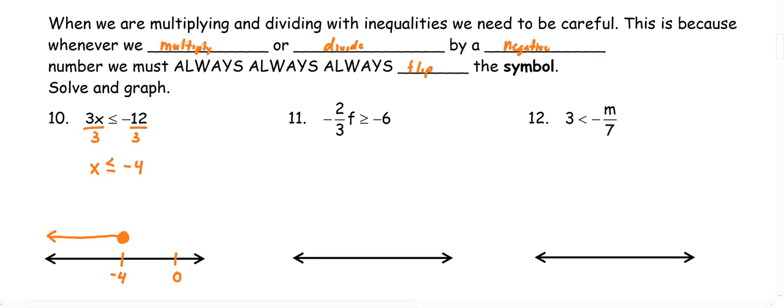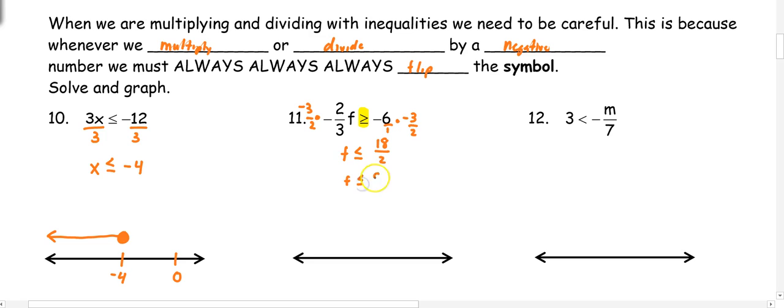Number 11, we have negative 2 over 3 f is greater than or equal to negative 6. So in order to get rid of a fraction, remember we multiply by the reciprocal. So we're going to multiply by negative 3 over 2. Now, because we multiplied by a negative number, we need to flip our inequality sign. So when I rewrite my problem, it's now f is less than or equal to, and we can multiply. Negative 6 times 3 is 18. We can put a 1 underneath, so we have 18 over 2, which really means f is less than or